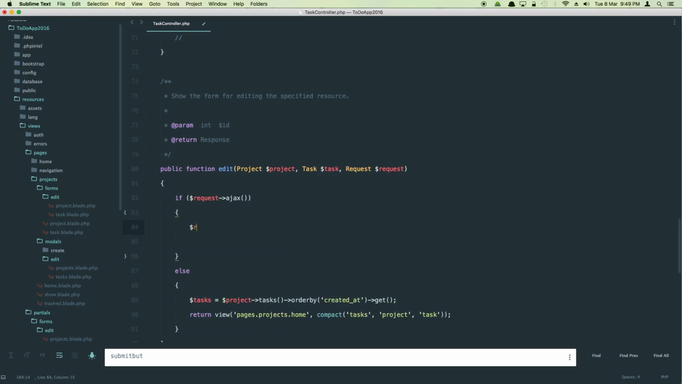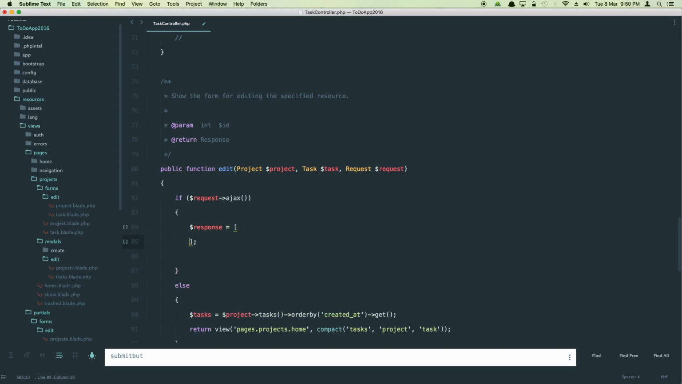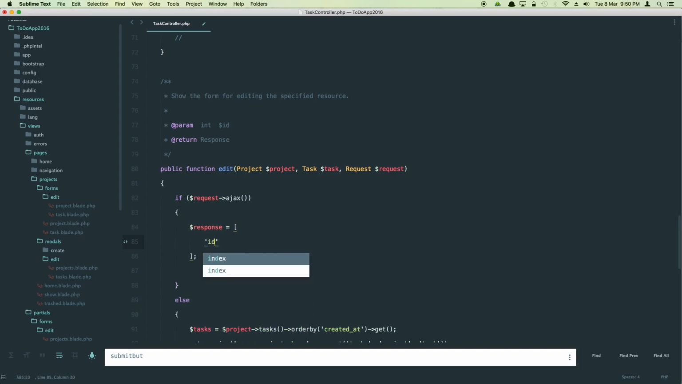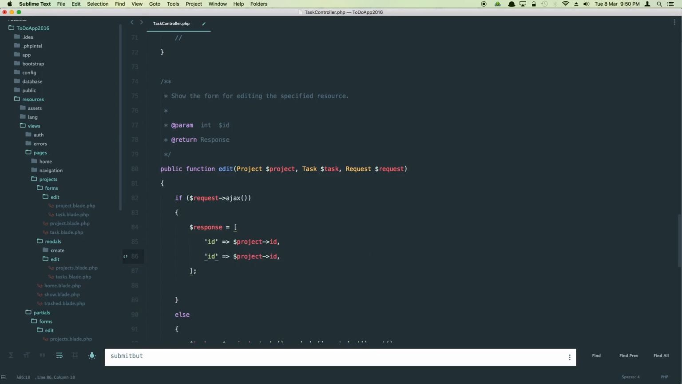Basically we have an ajax request coming and a response. So we're sending a response variable. Typing sometimes takes longer. And here we're going to give an ID, which is going to be the project ID, the ID of the project, and the project slug, which is also going to be the project slug,